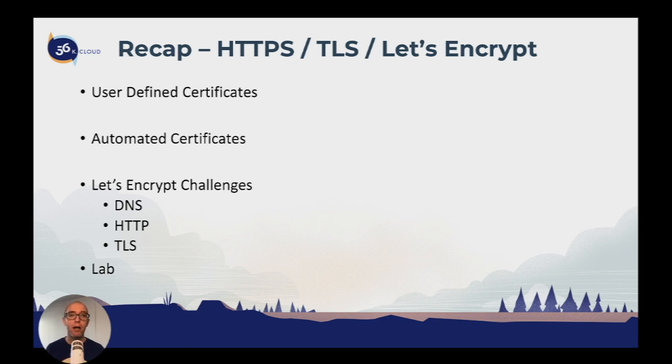Next, we discussed automated certificates, and that's where we started enabling Let's Encrypt. And we learned about the different challenge types within Let's Encrypt: DNS, HTTP, and TLS. And finally, we did the lab where we actually enabled HTTPS on our service, and we tried the 3 different challenge types. And finally, we also did the DNS challenge where everything was automated and we can start using subdomains